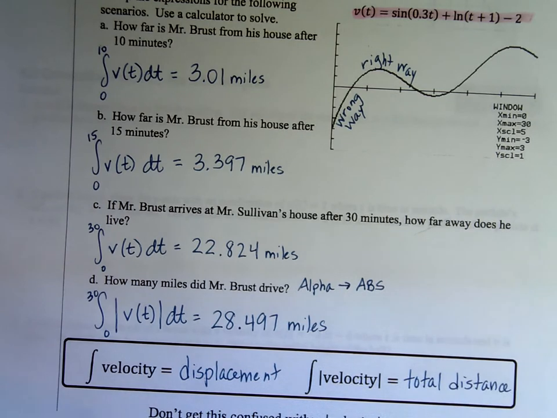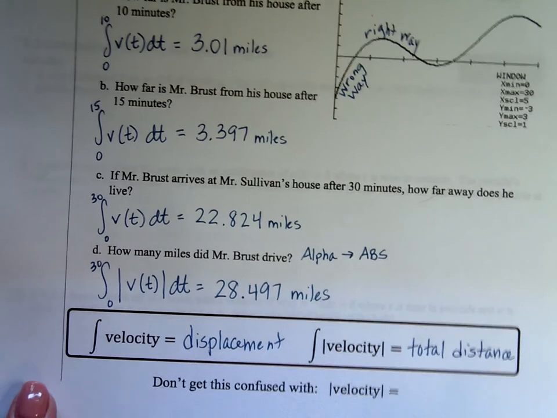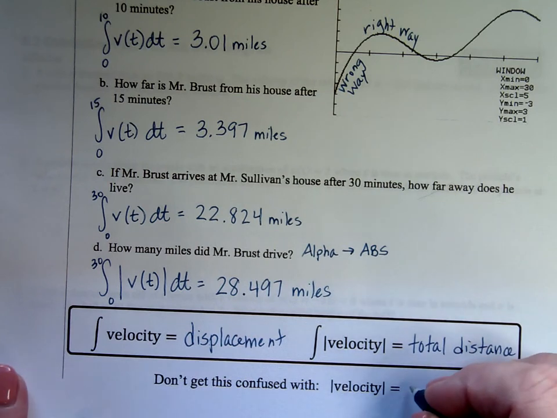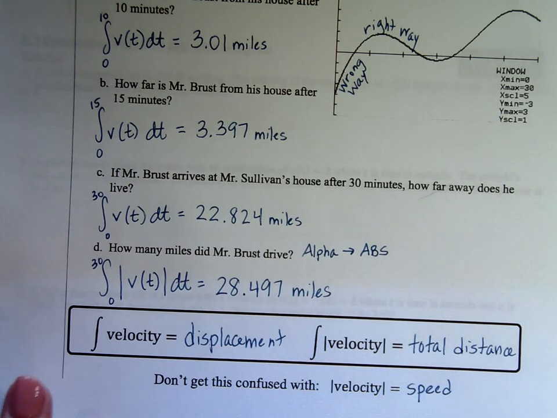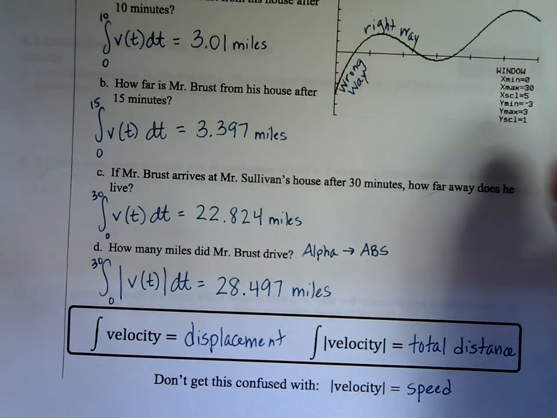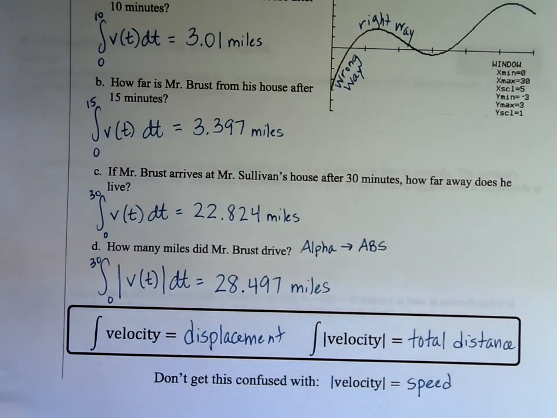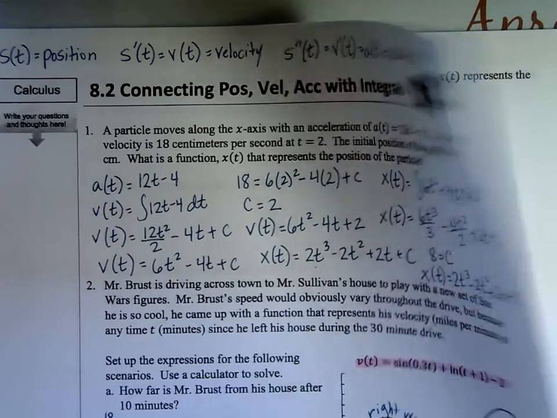And that's not to be confused with, when we were studying derivatives, the absolute value of velocity is speed, which does not come up in this section. But just as a reminder, if you're thinking, oh, I remember seeing that before, you did. It's the absolute value of velocity is speed. All right, we have a couple more example problems, and then I'll do a few practice problems, and we'll call